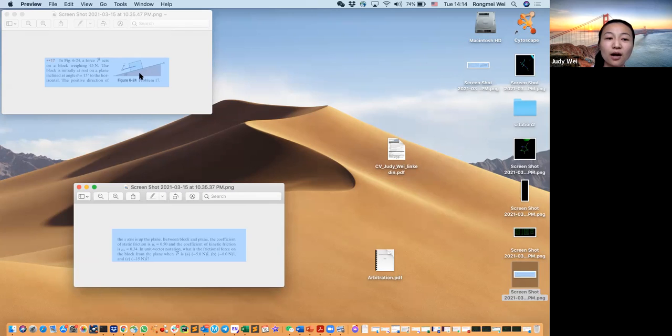Let's say the P is minus 15, I calculated the Fx is 13.5. So you have an x direction of 13.5, but you have to add up the P, which is